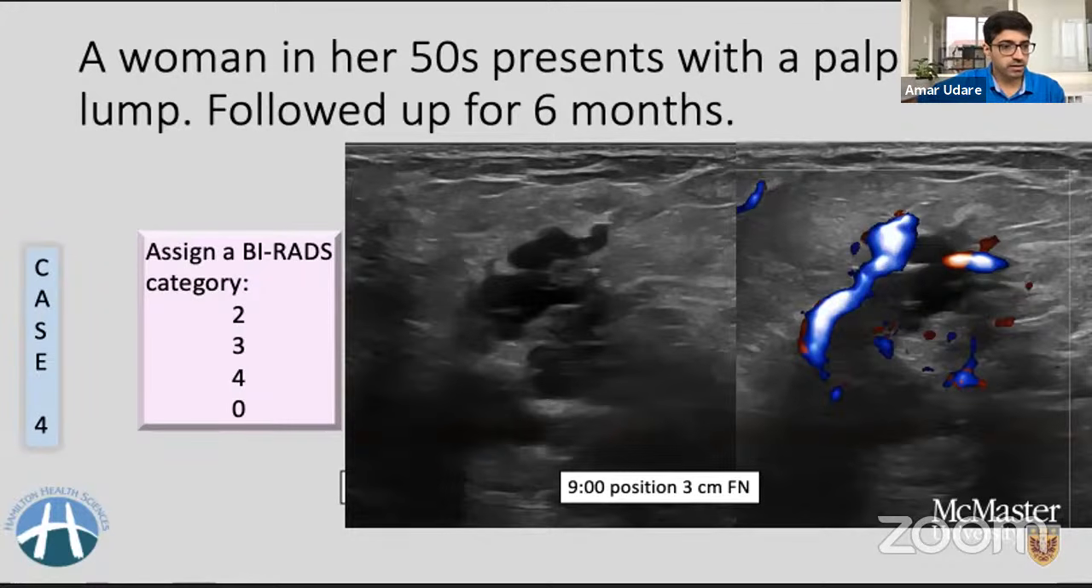But let's see, Mark is also suggesting that it's a category 4. Then we have Anupam who is saying that it's 4. So all of you are suggesting that it's category 4, and we should go ahead and biopsy it. So let's talk about what happened in this case and then what we need to do to make sure that